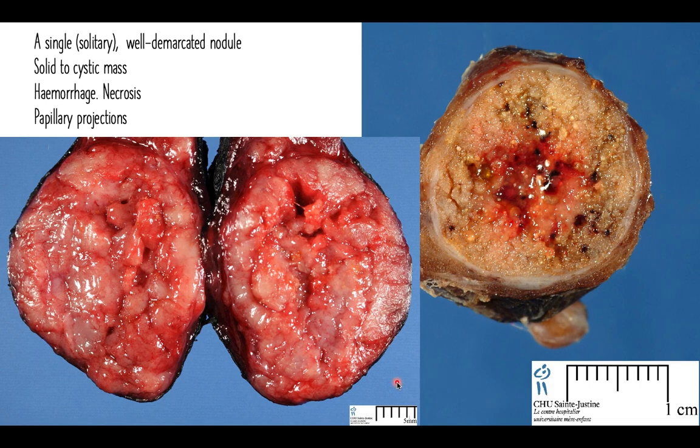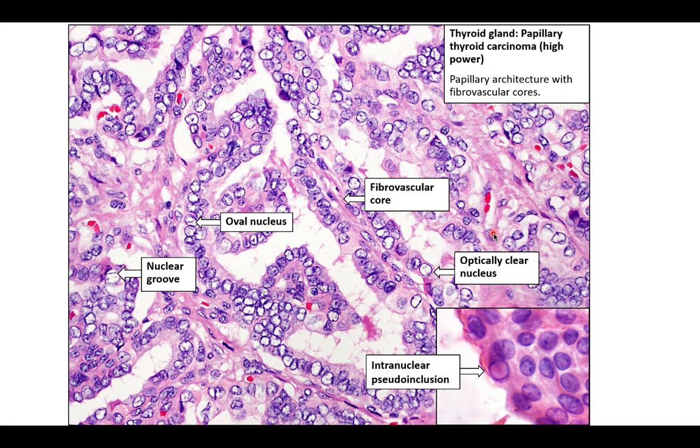The cut section from the thyroid shows a single, solitary, well-demarcated nodule, a solid to cystic mass with some hemorrhage inside, with necrosis as well as papillary projections. The section shows the thyroid cells forming papillary structures. These are papillary structures with a fibrovascular core at the center of the papillae,